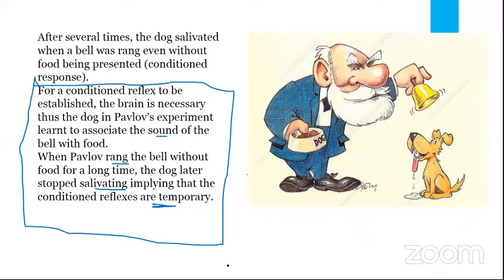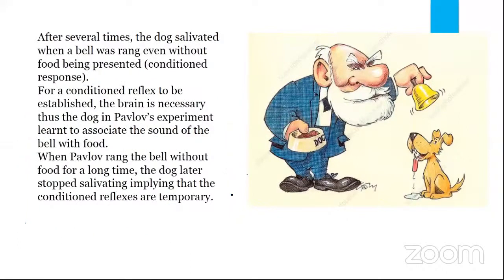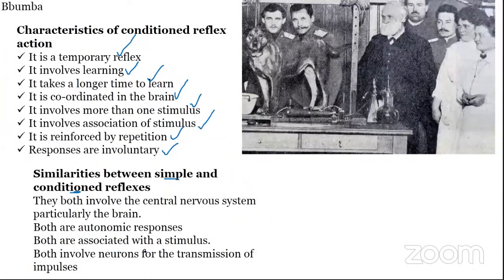Both involve neurons for transmission of impulses. That is true in both. And then Peter says both are involuntary. Blessing says both involve the brain, both involve neurons for transmission of impulses. That is from the chat box. And then, yeah, we can continue. Consider that both involve the central nervous system, particularly the brain. Both are autonomic responses. Now, for some of you who don't know what autonomic responses means,